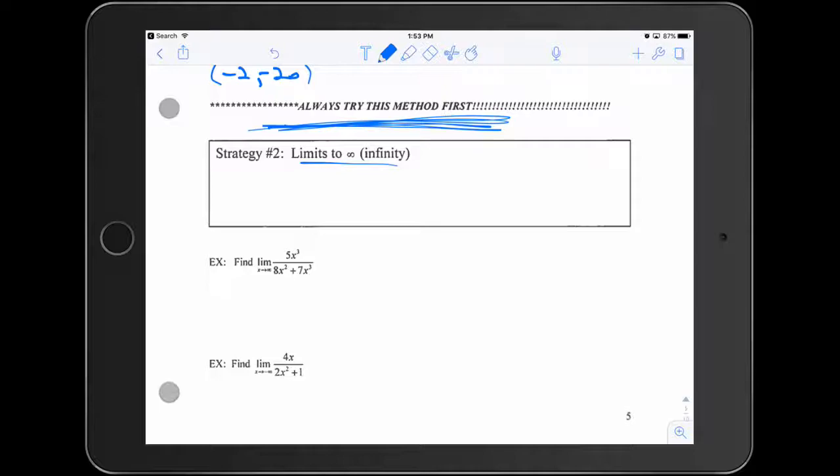But we did deal with some of this again at the beginning of the year, and we had a strategy, and that strategy was to use algebra. Now, of course, I showed you how to do it in the graphing calculator and all that at the beginning of the year, and then I showed you how to do it algebraically. And what we did was we divided